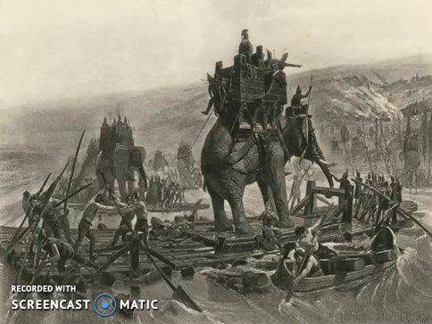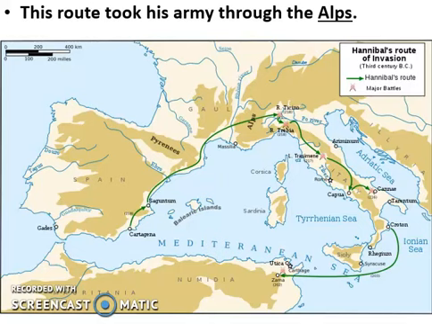Hannibal is going to bring elephants with him. Now, this is going to originally be an advantage for the Carthaginians because elephants are native to Africa, but in Rome, they had never been seen before. So originally, this will be an advantage to actually have those elephants with him.